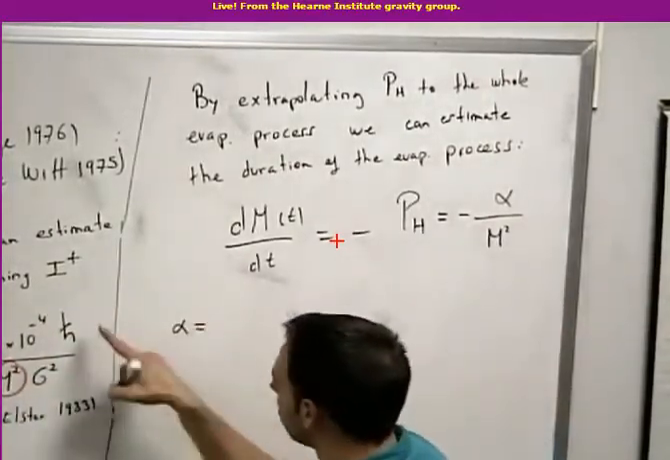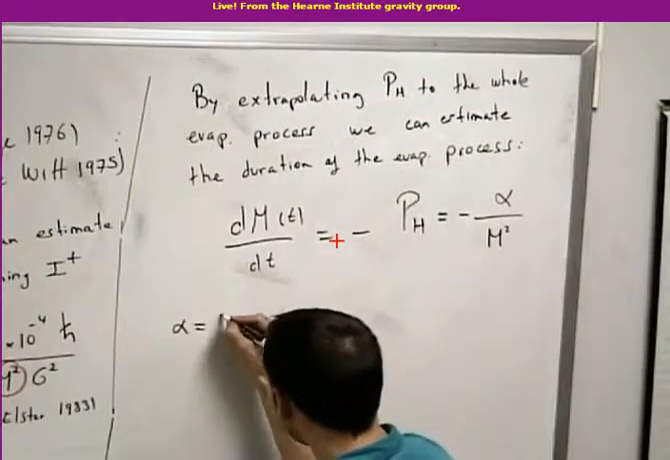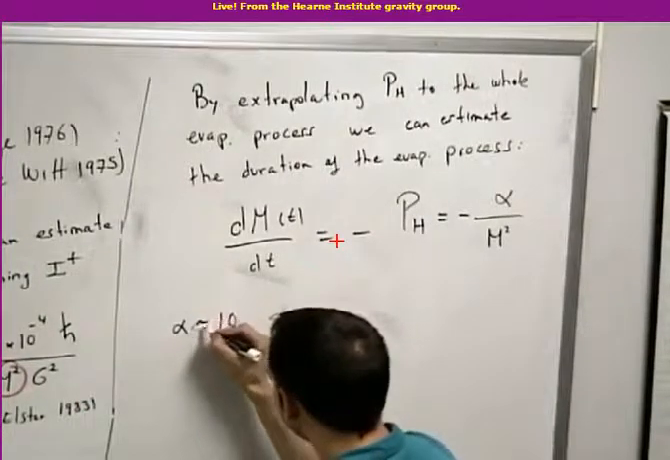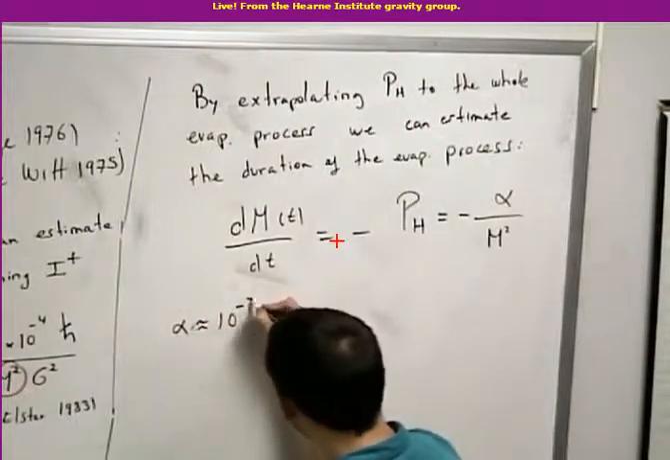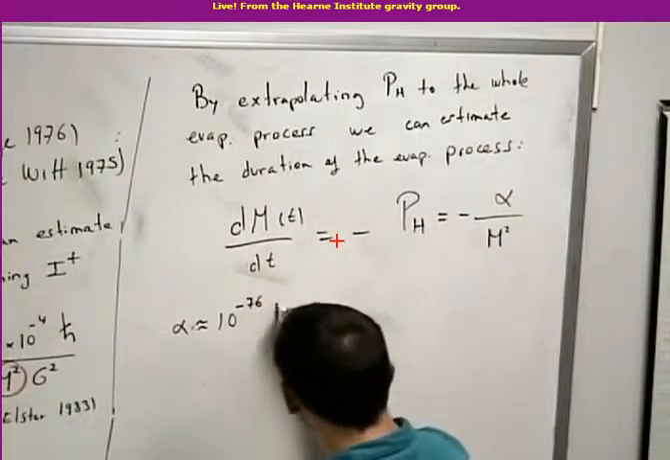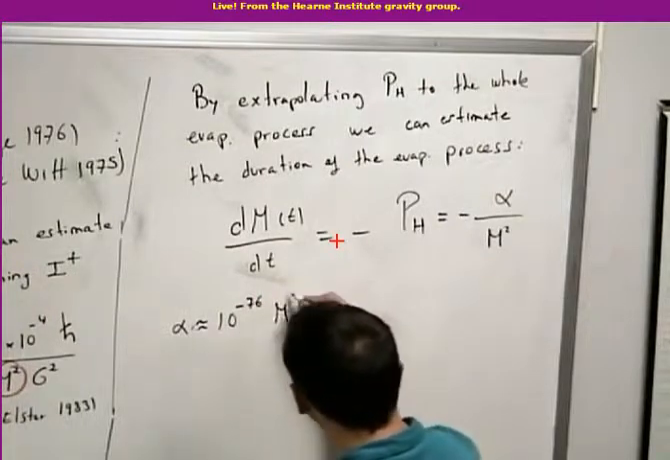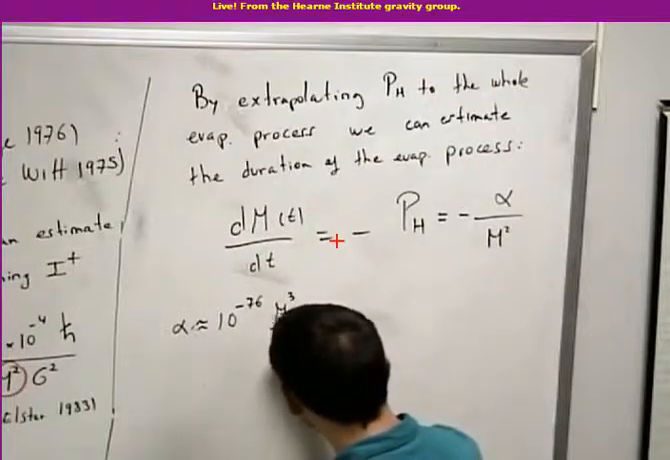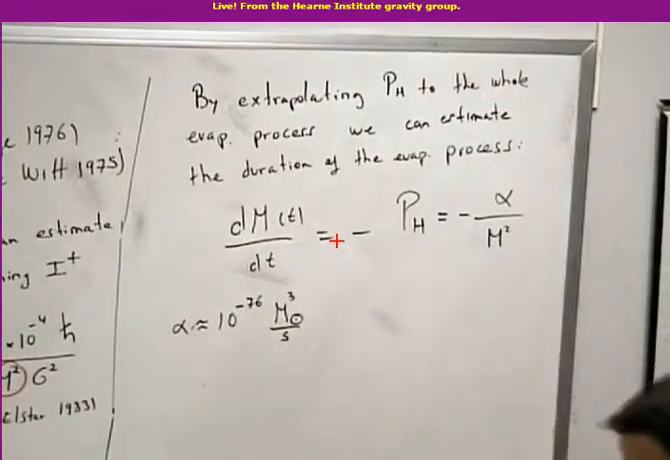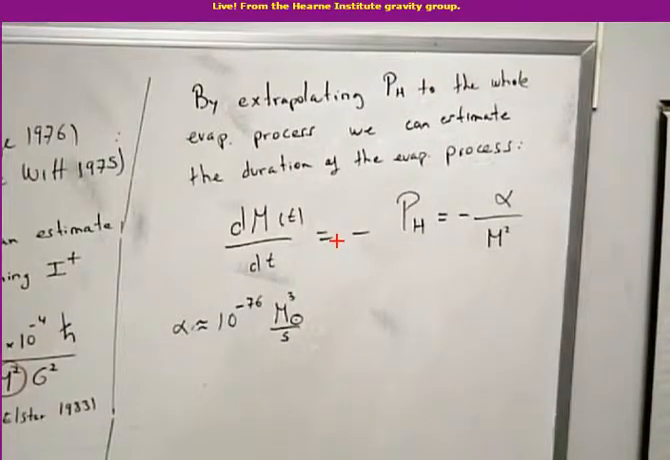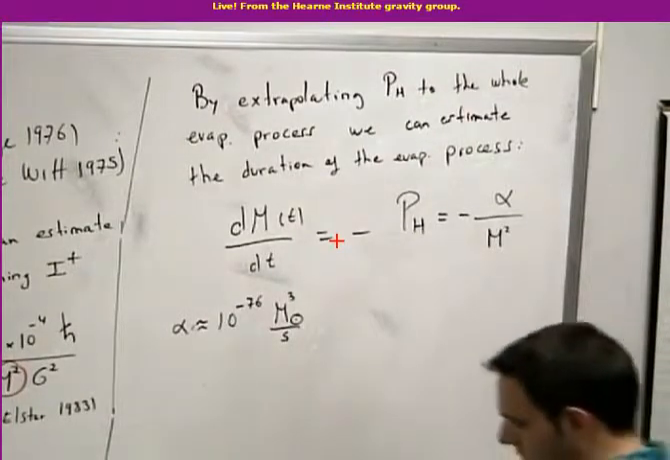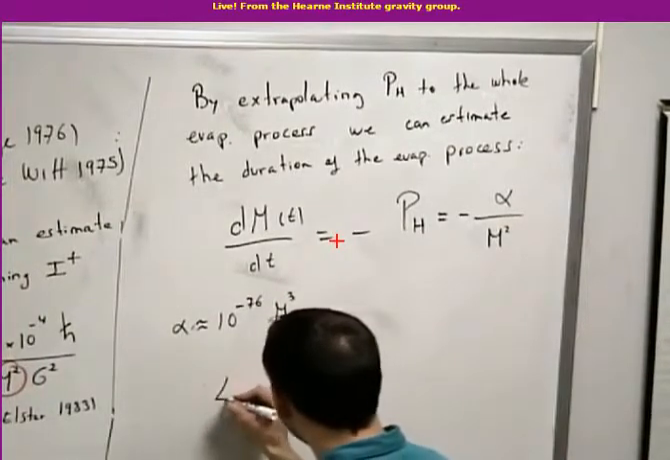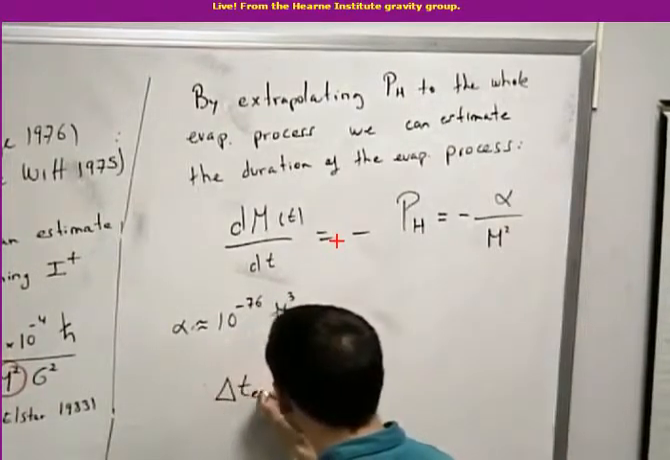Just putting the numbers of h bar and G, if I got it right, this alpha was 10 to the minus 76 in units of mass of the sun cubed divided by second. So the evaporation process